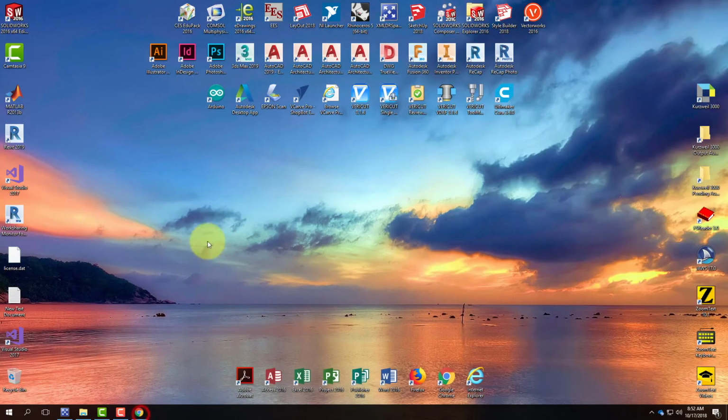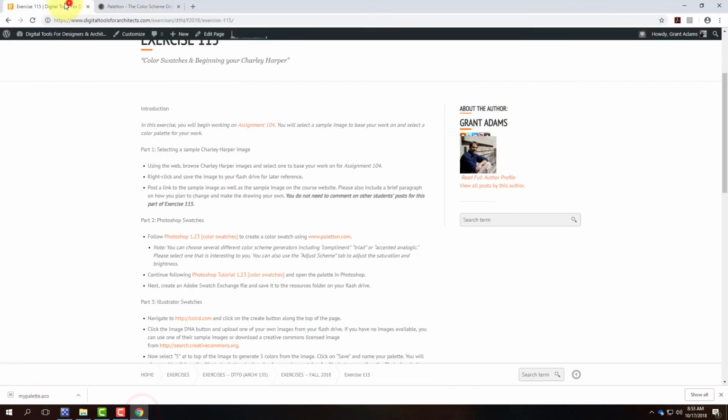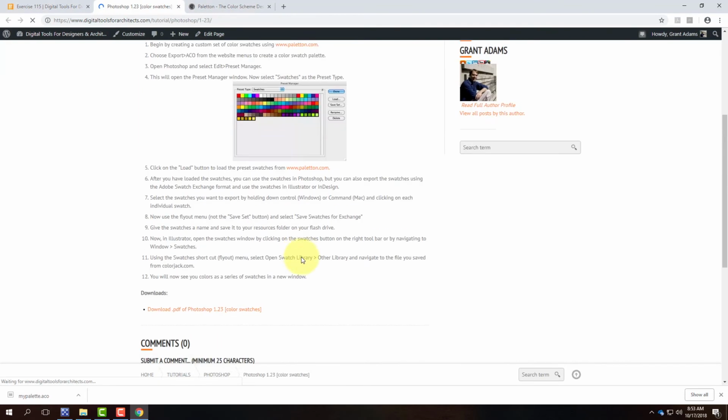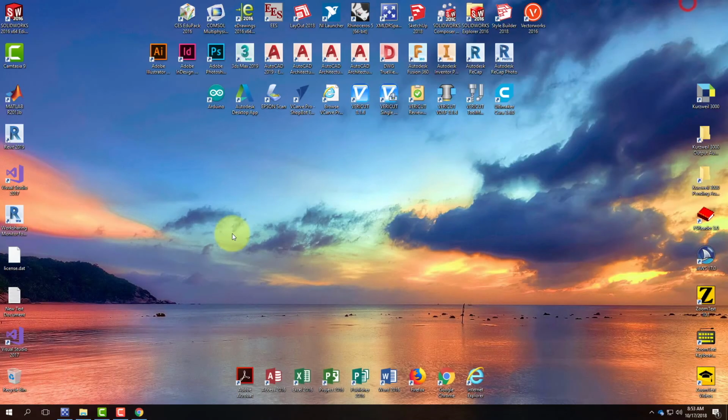This is, by the way, written out right here on this Photoshop 1.23 color swatches. So if you get lost, you can go back and look at it there. And it'll walk you through all the same stuff that I'm doing right now. There it is. So I've downloaded